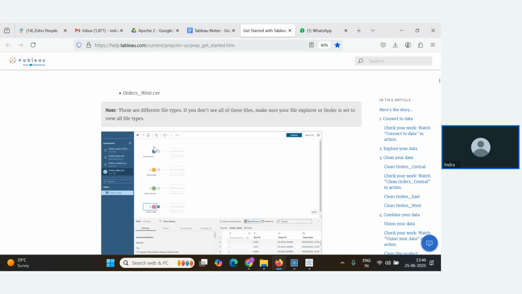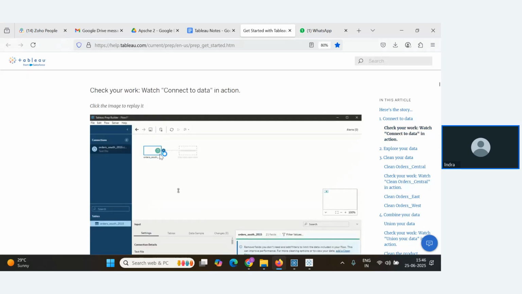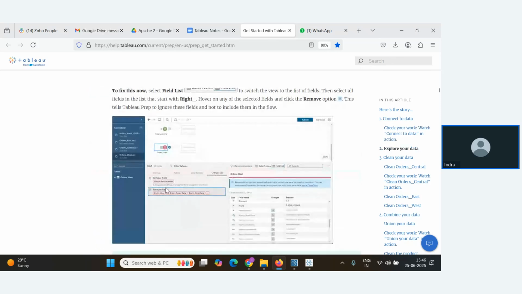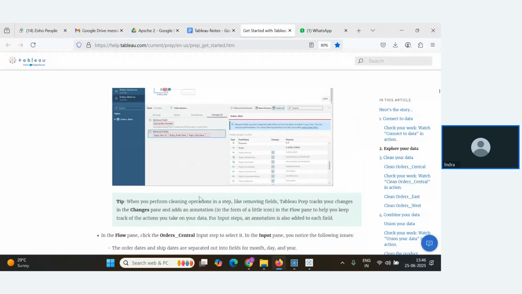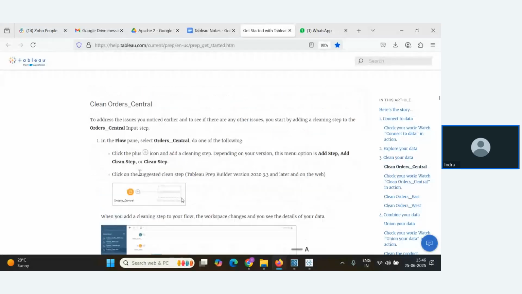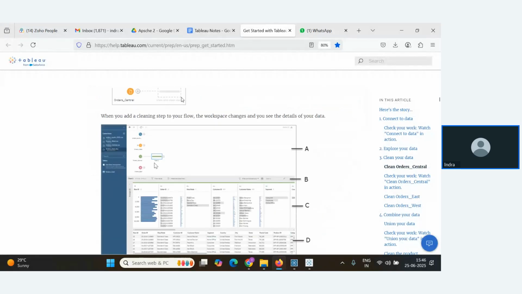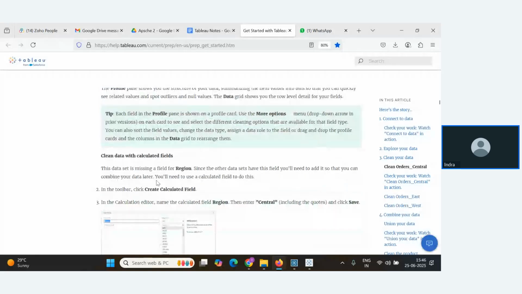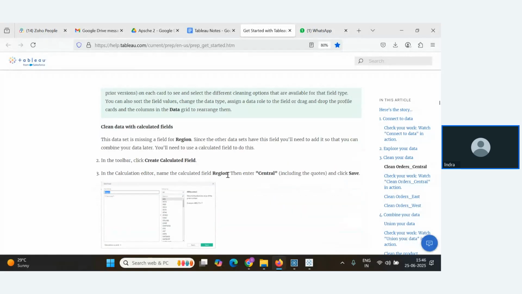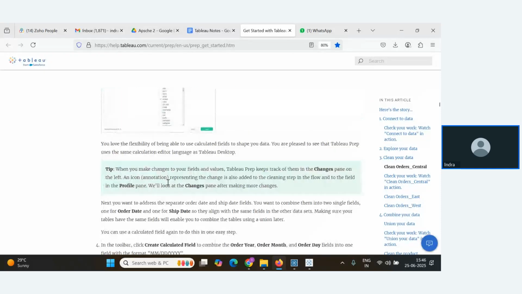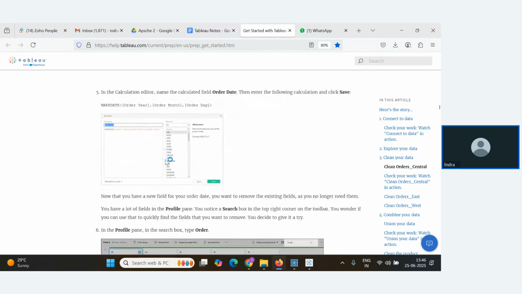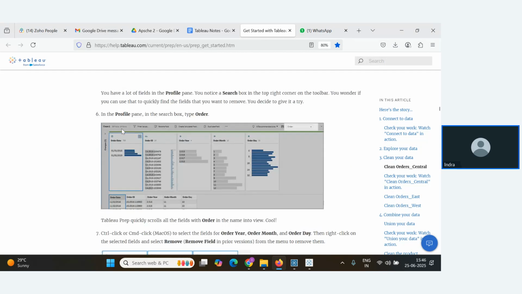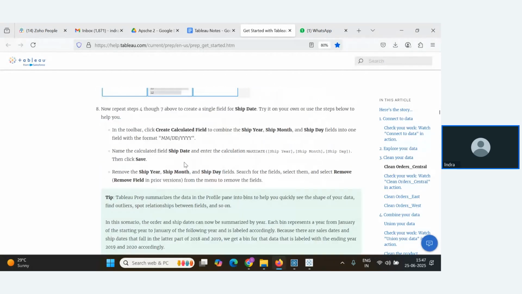Okay. Then we have taken another set of data sets. Then we have performed individual cleaning steps on them, right? What are the steps done here? These were the duplicates, so we have removed them, right? Clean your data, then central region. In central region, we have performed certain cleaning steps, right? Create calculation field. We have created the region central. Then we have created a calculation field to combine order date, year, and month. Okay. We use the make date function. Then the same we have done for the ship date also.